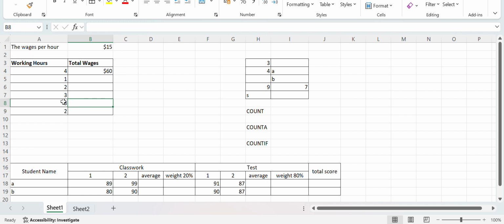Is relatively to the formula will have a relative relationship with the working hour. But the wages per hour would be very absolute, or remain the same. So all the working hours will be multiplied by the same thing, $15. Now, if you have that sense, it means the one that remains the same, you need to make it absolute. And the other one that is relative to the value of a cell, then that one is relative referencing